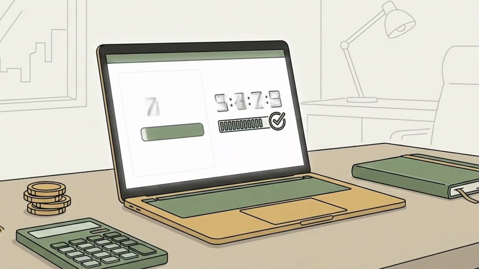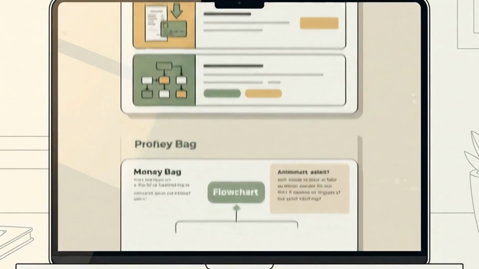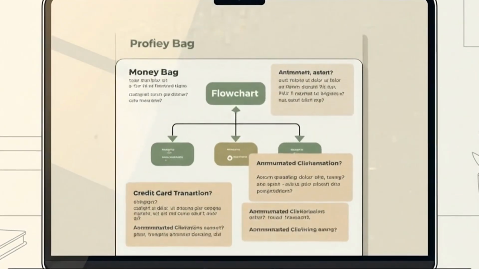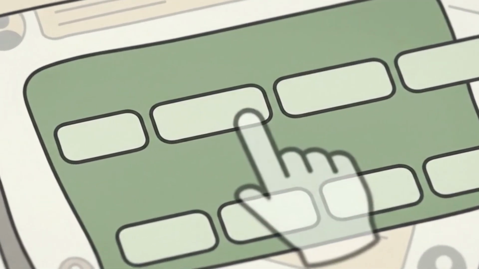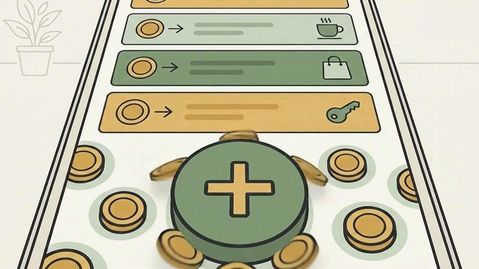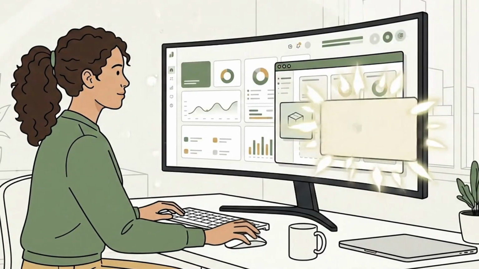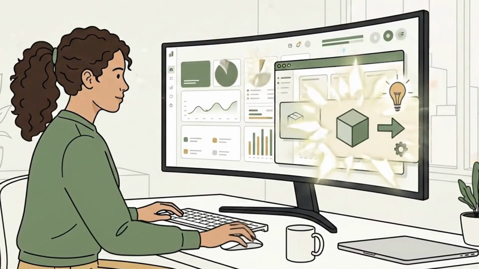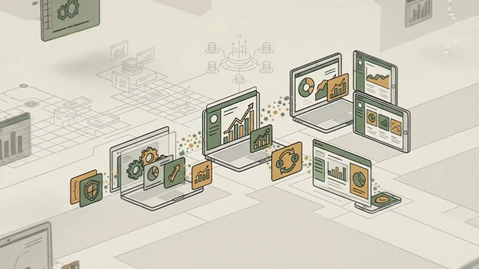Here's a real-life experiment. I opened Bolt and typed, "Create a personal finance tracking app. Income, expenses, categories, monthly charts." The tool asked a few clarifying questions, and I answered them. 5 minutes later, I had a working interface, tables, charts, and the ability to add transactions. It wasn't perfect. A few things needed some tweaking with the prompts, but it was done in 5 minutes, without a single line of code.